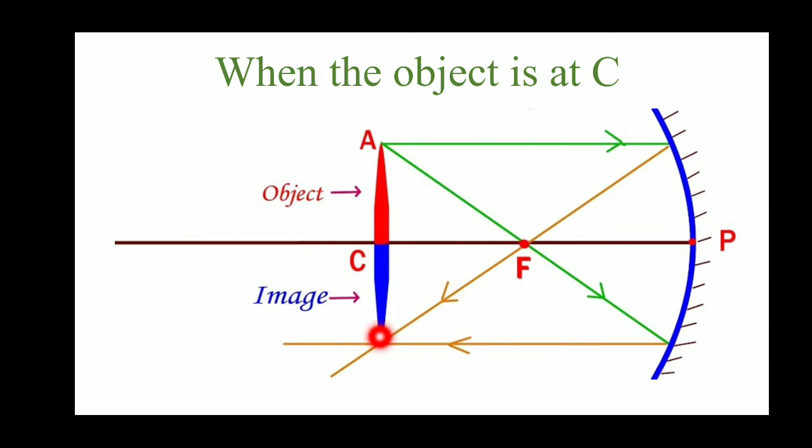At this point, you draw a line from the principal axis. If I draw a line from the principal axis, it is coming downward. So two reflected rays are actually meeting, so it's a real image, and the image is downward, so it's an inverted image. Now compare the size of this red color object and the blue color image. Both are exactly the same, so the image is the same size. Where do I get the object? At C. Where do I get the image? At C. So when the object is at C, the image is also formed at C.